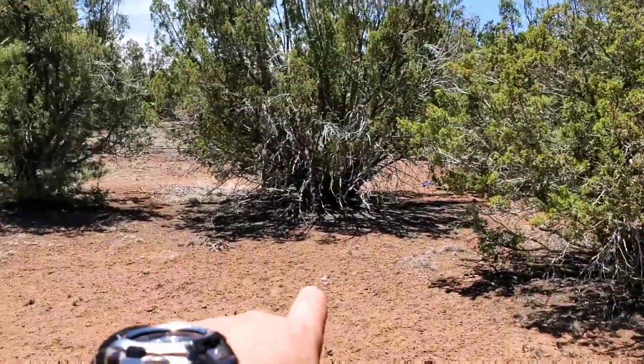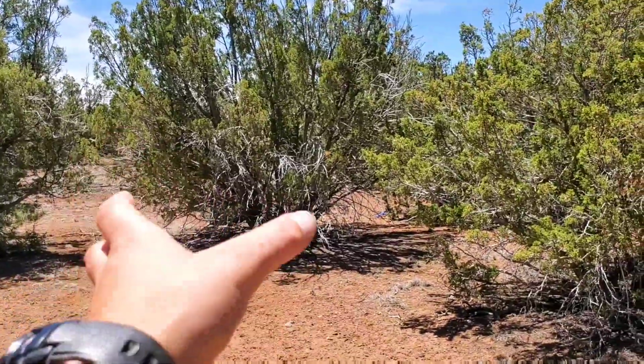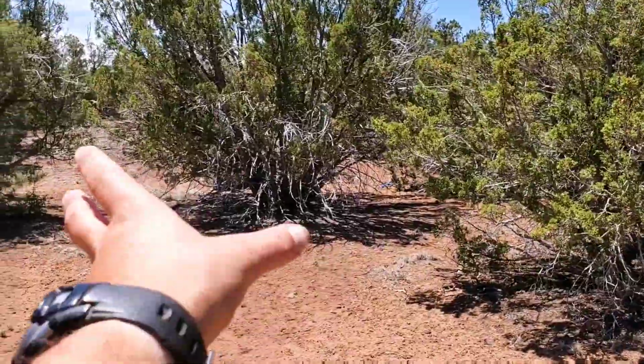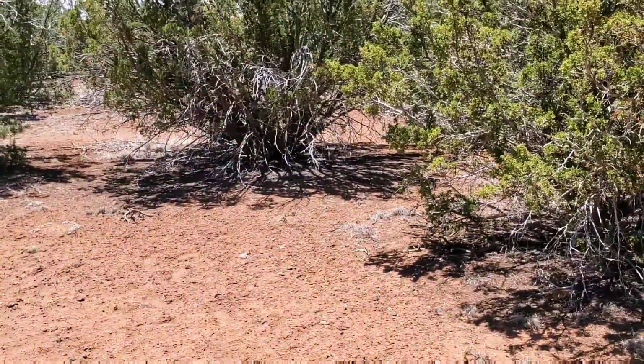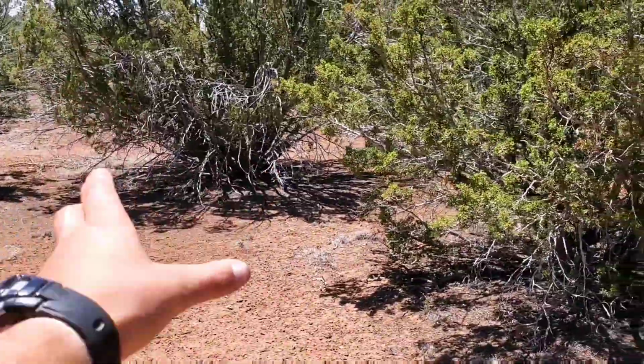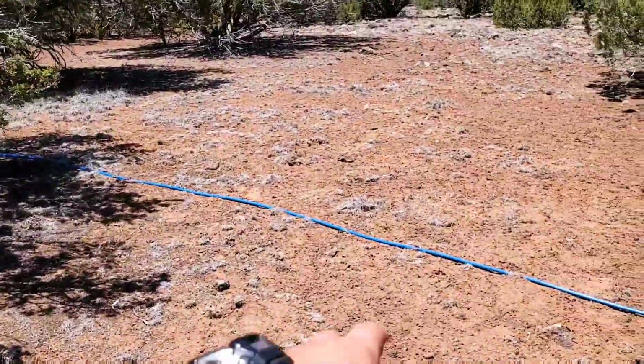This direction, we got a shed on order. It's one of those, you know, kind of Rubbermaid, not just a special shed, because we need storage now. We're running out of places in the RV to put stuff, so we're going to put a shed over here, and then back here